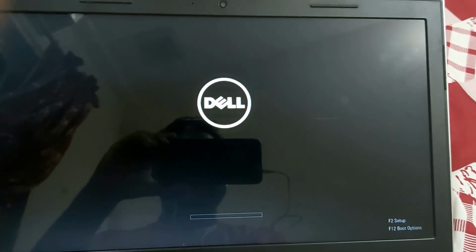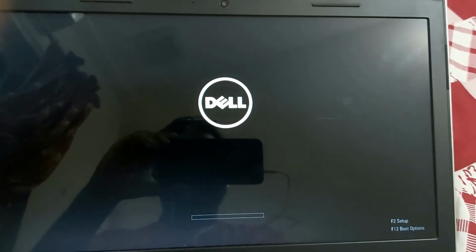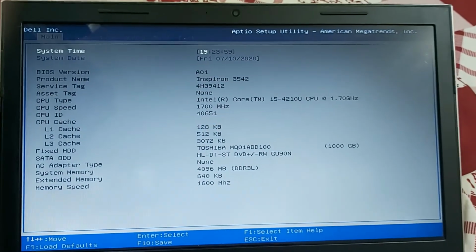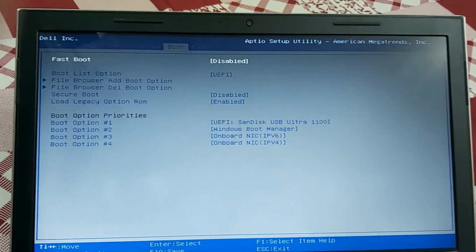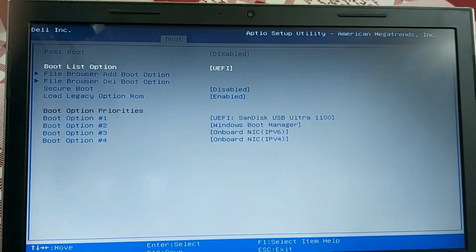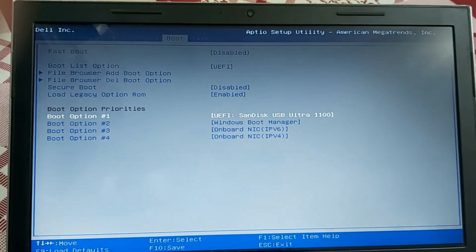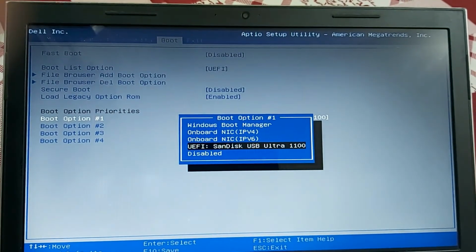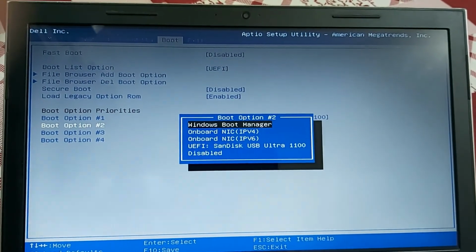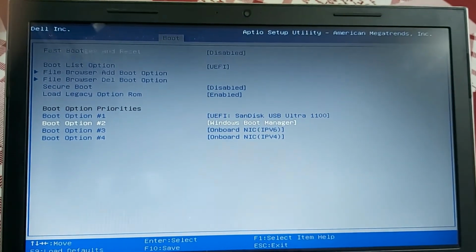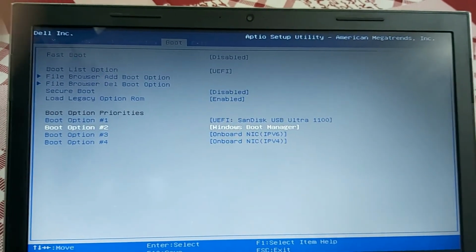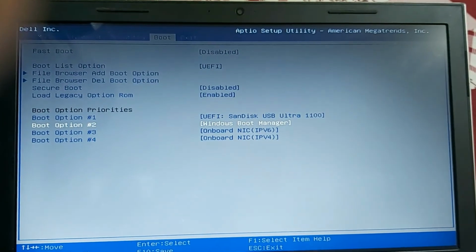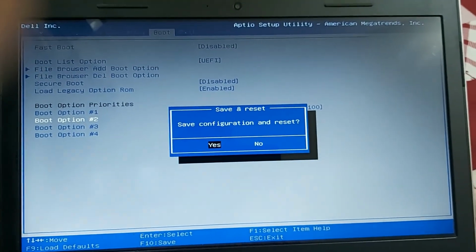Now we have entered the setup, so go into Boot. Here we select the first option as the USB drive, and the second option as Windows. Then press F10 to save and exit. Save configuration, yes.